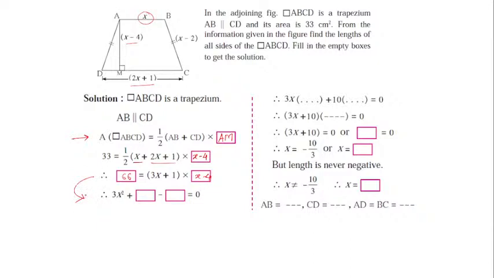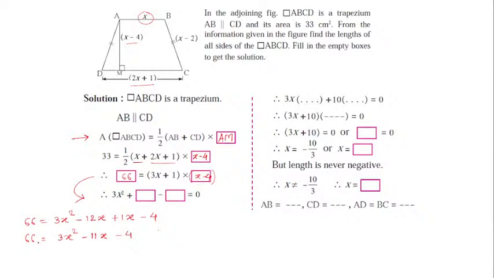Now to simplify this we must have a few more steps. That is 66 is equal to each term in the second bracket by each term in the first bracket. So 3x into x, that is 3x square. Then 3x into minus 4, it is minus 12x. Now we have to multiply x and 4 by 1. So plus 1 into x, it is plus 1x. And plus 1 into minus 4, that's minus 4. So we have 66 is equal to 3x square as it is, and minus 12x plus 1x, that's minus 11x, minus 4 is equal to,